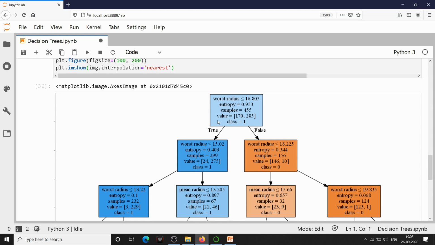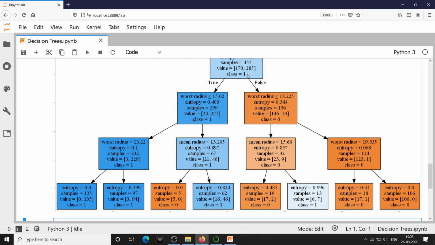So here the root node is having the condition of worst radius less than or equal to 16.805. If this condition is true, the control flows here to this decision node. If it is false, the control goes to this particular decision node. So it further checks that if the worst radius is less than or equal to 15.02, here it is checking that worst radius is less than or equal to 18.225.